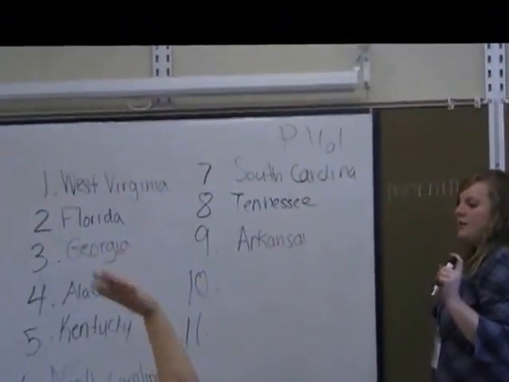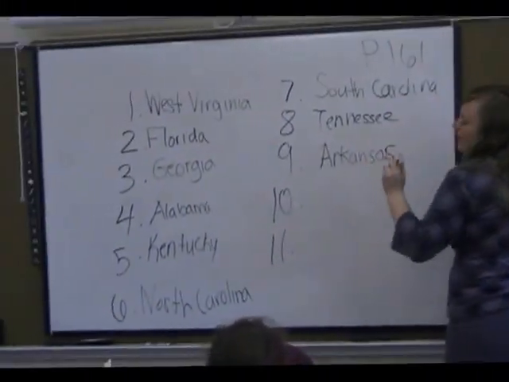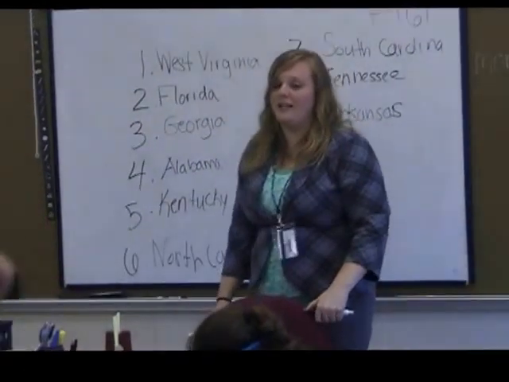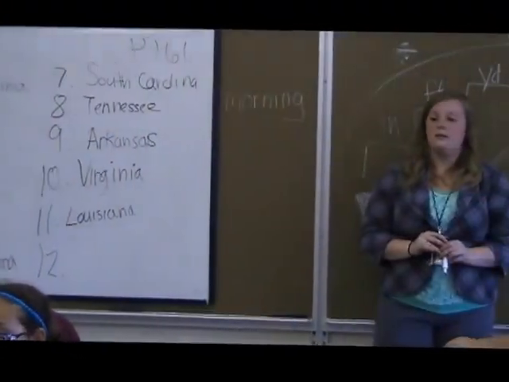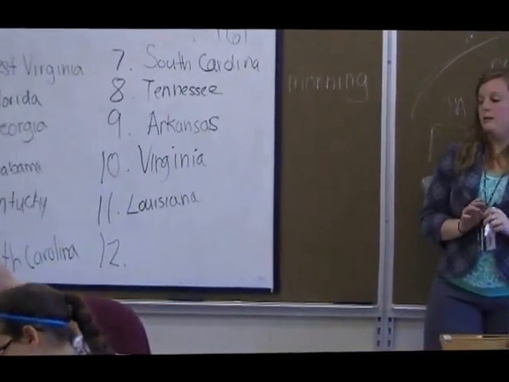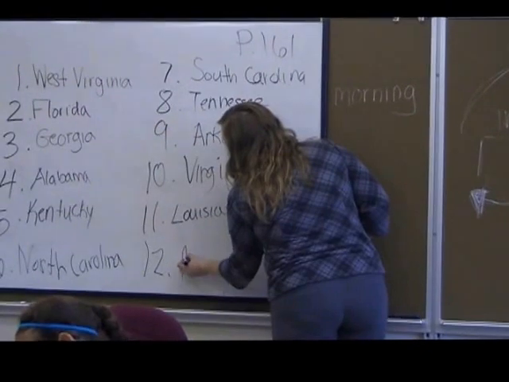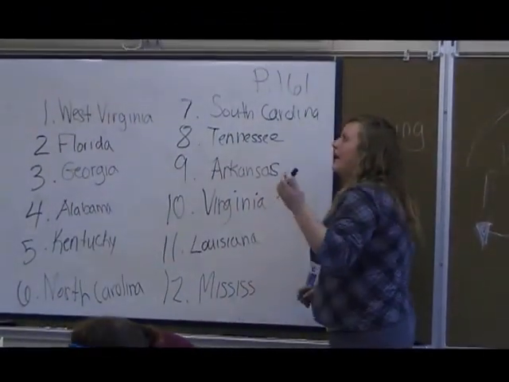Go ahead and call on someone. It's an S. There you go. Arkansas is spelled with an S. That's a tricky one. The state that's in the southeast is what? Dylan. Mississippi. All right. Go ahead and everybody spell